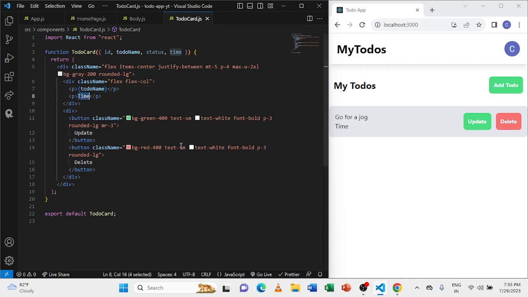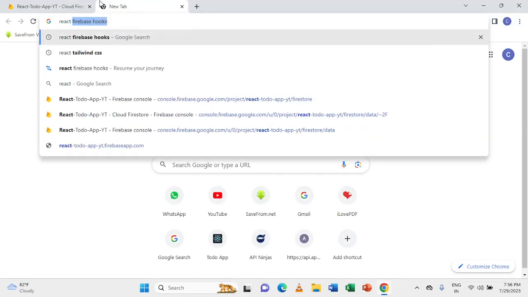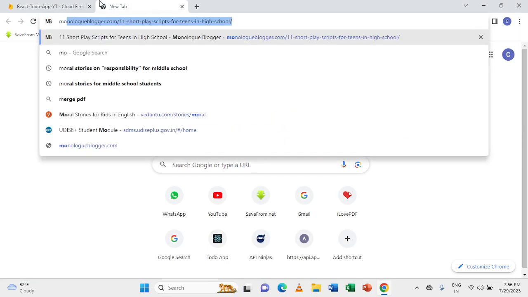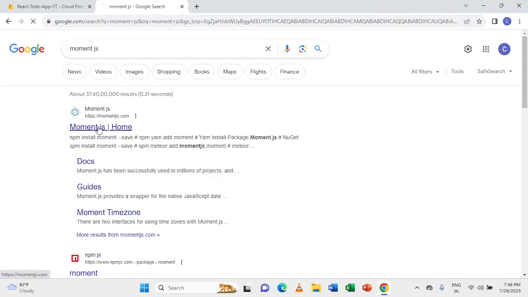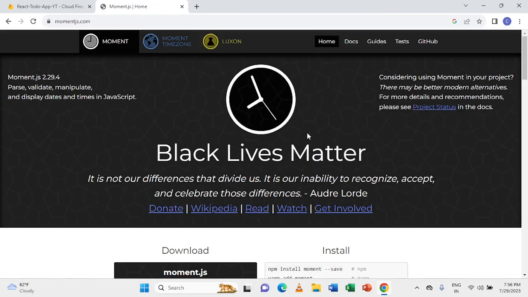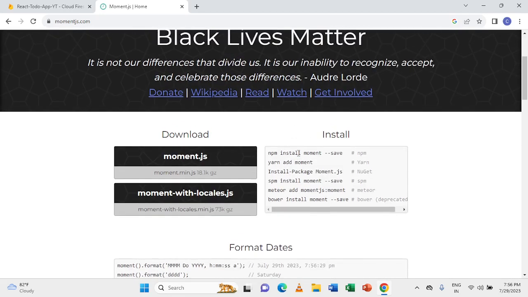For time, if I just say time, it will be some random number. It's just a time in seconds or milliseconds format, I guess. So to convert this, I can make use of this library called, sorry, not React, Moment.js. When you go to the site moment.js, it's basically a package which can be used to format dates and times. So I'll install this moment library